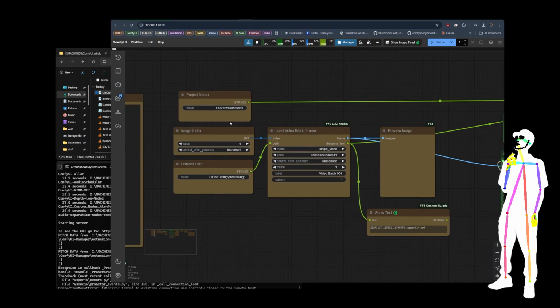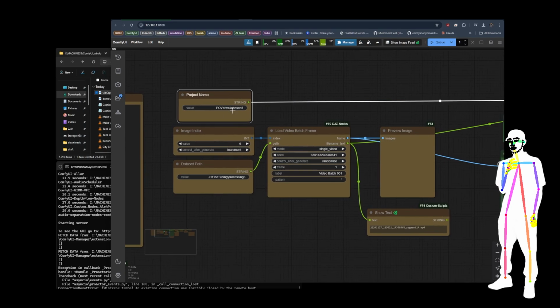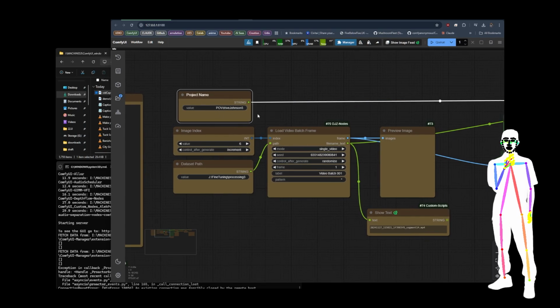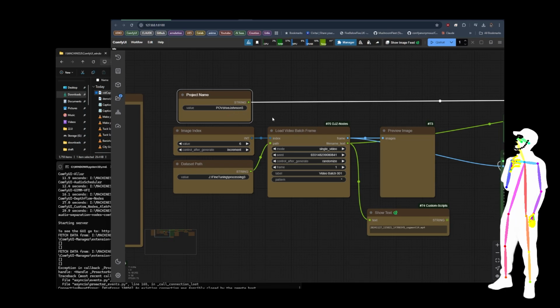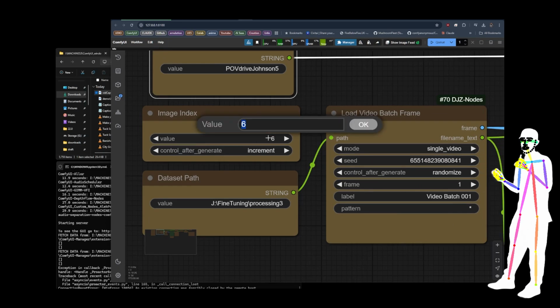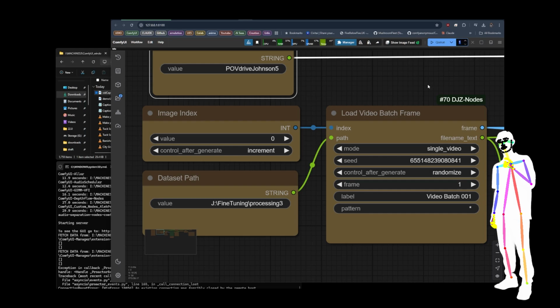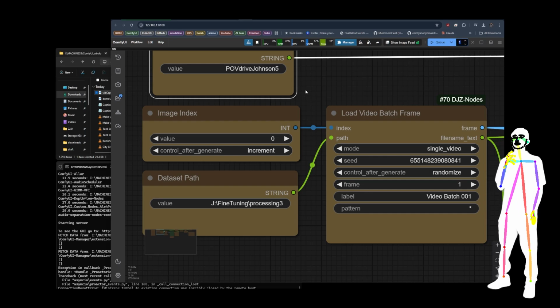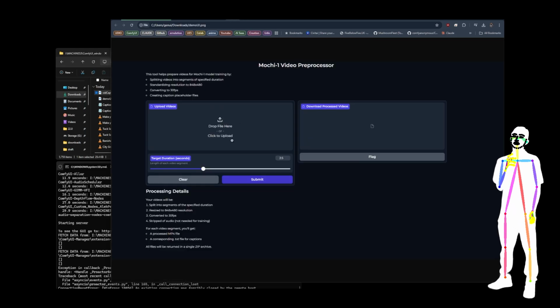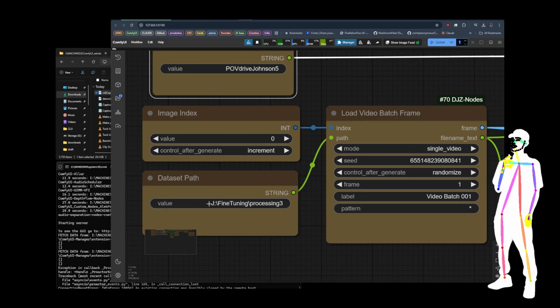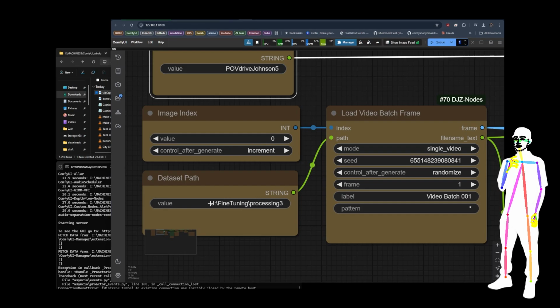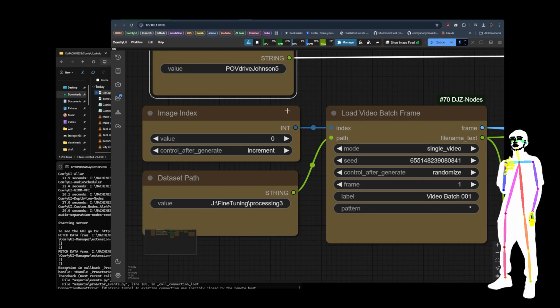So first of all, what you've got is you have a project name, which you obviously would set to be whatever the data set is that you are training. You give it a custom name. That way, you're not going to be piling everything into one place. You want to set this to 0. And then you're going to set the queue to the number of videos that you have. So if you have 100 clips, because this is after we've segmented, obviously they're 2.5 seconds long. There's going to be a lot of clips. So what you do is you put the path to your processed video clips, set this to 0, give it